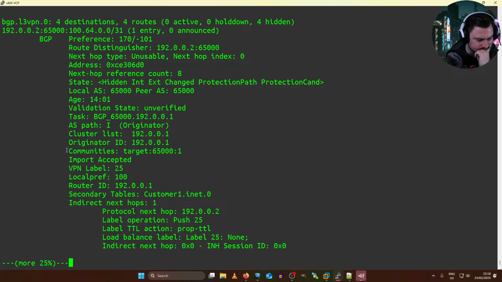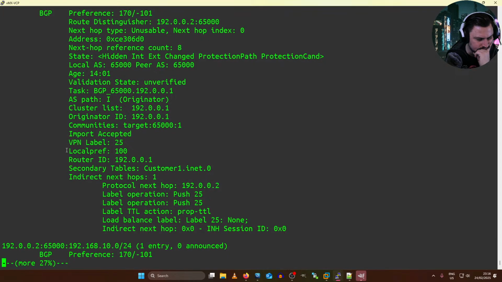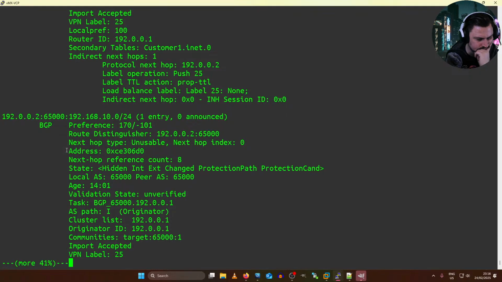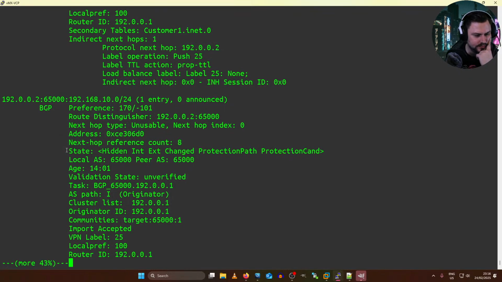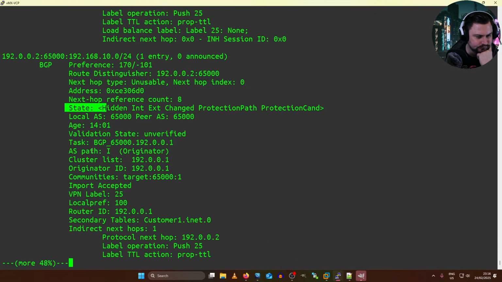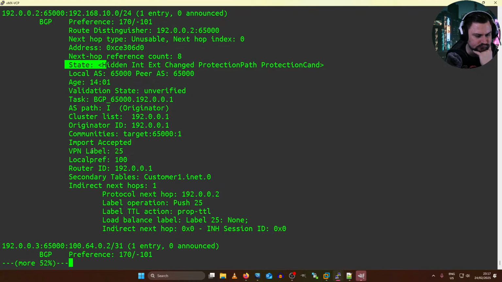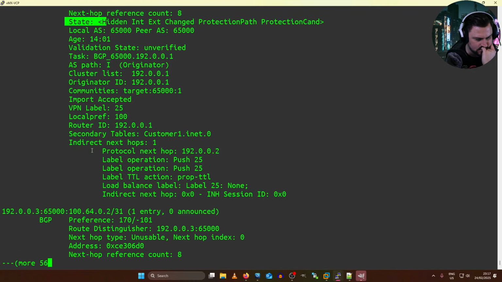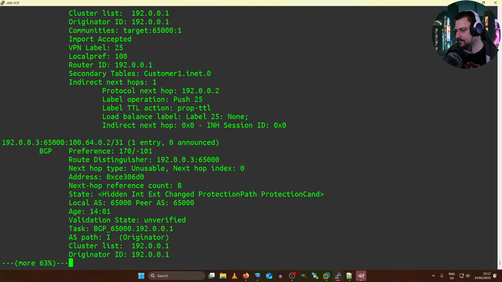That's all the same. The CLI looks very close to Vios.